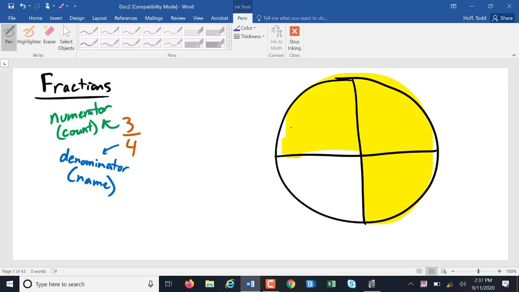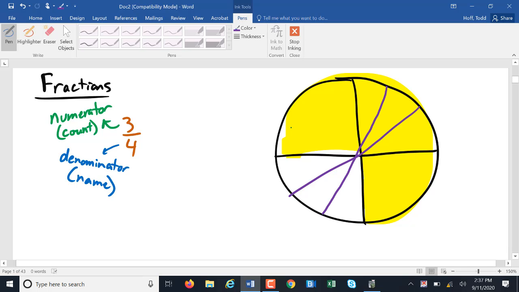So the first thing we need to be able to do is rename our fractions. Simplest way with this illustration is to take each of those pieces and cut it into smaller pieces. So let's cut each piece into 3 smaller equal pieces. Again, pretend these are equal. While you're at it, pretend my lines are straight. So now,